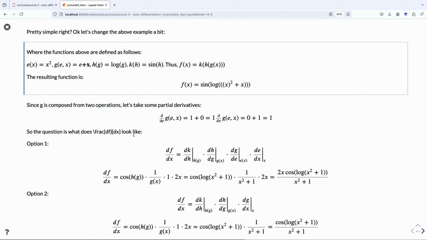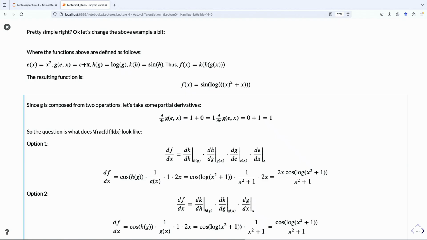Not as simple, but we could either take the partial derivative with respect to e. That way we get the partial derivative with respect to e of g of e, x is equal to 1. Or we could take the partial derivative with respect to x. And we get 1 again. So it seems to be consistent, although it's unusual. But whatever. Us being good engineers, we're not scientists, we're engineers. And as engineers, we don't necessarily care if one thing is correct or not, as long as it works, right? So we're just gonna